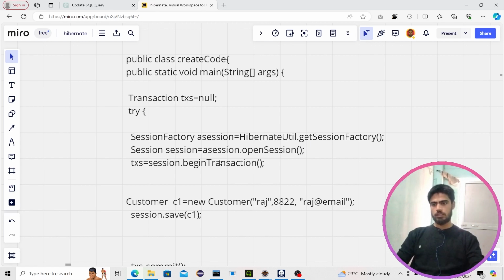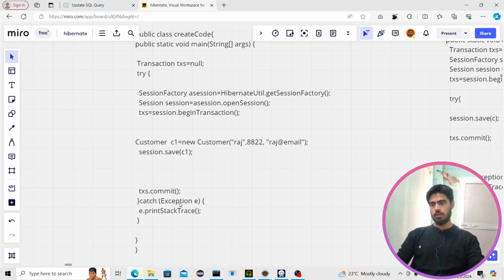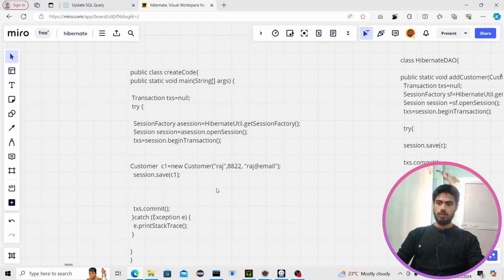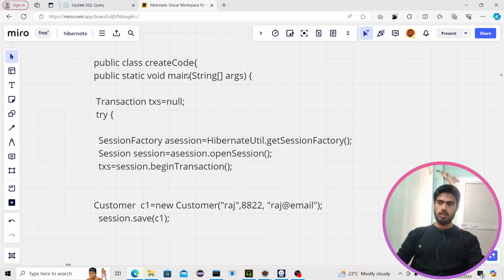Then we open a session, then we begin the transaction, and then, after using the save method from the session, we have to commit, close, and roll back in the catch block. So all of these things we just transferred from this create operation code